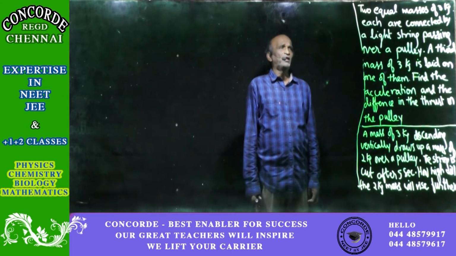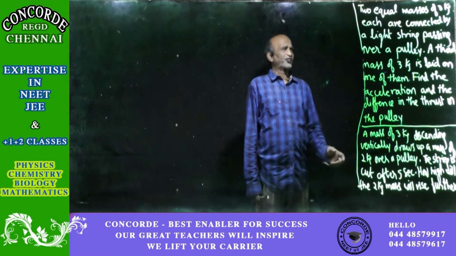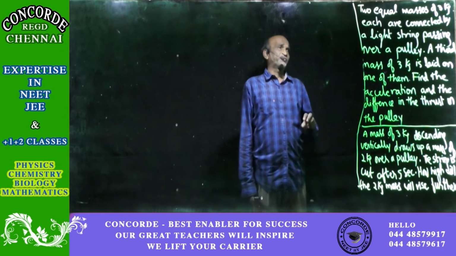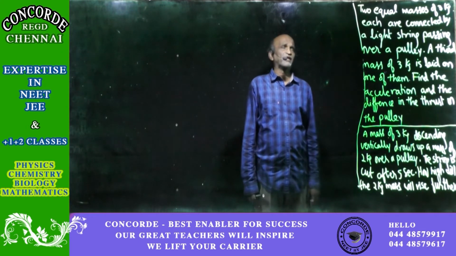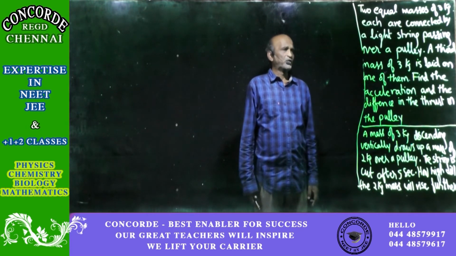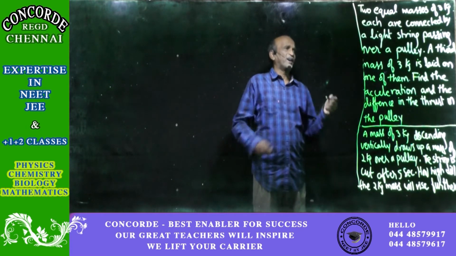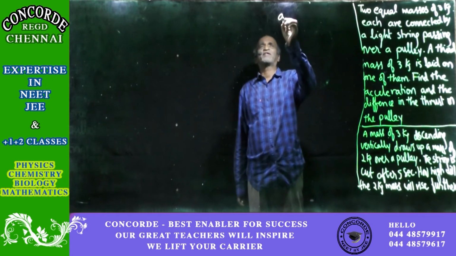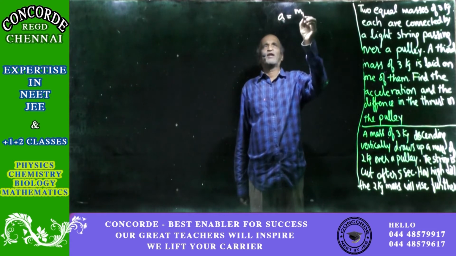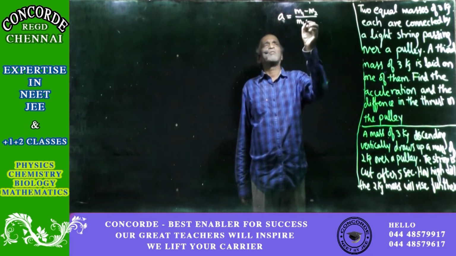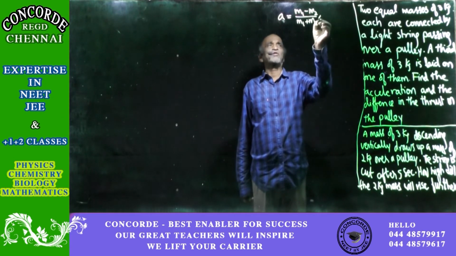If a 3 kg mass is added on one side, already a 3 kg mass is there. So 3 plus 3 will become 6 kg on one side, the other side is 3. So 6 and 3 is what you will have to take and solve the problem. So simple it is, and therefore what we will have in this case is that the acceleration is equal to (m1 minus m2) divided by (m1 plus m2) into g.